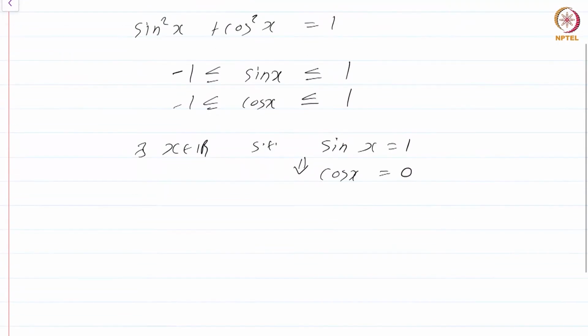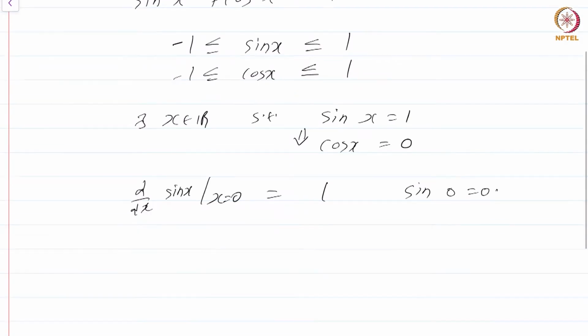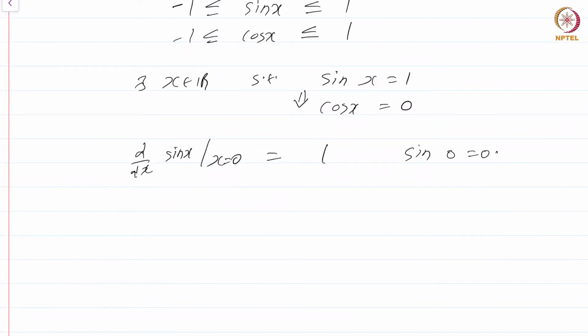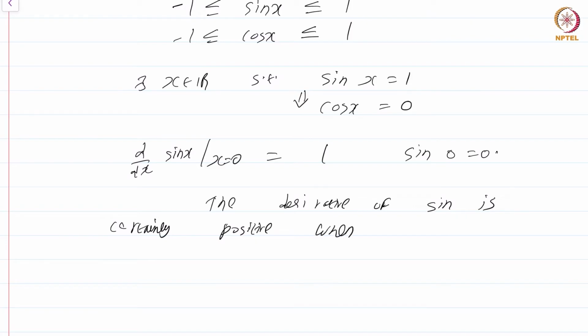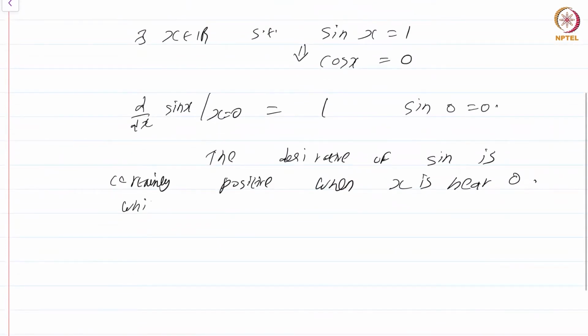Now, first of all, observe that the derivative of sine x at x equal to 0 is equal to 1, and we also know that sine 0 is 0. Because the derivative at 0 is 1 and the derivative of sine is cos x, which is a continuous function, the derivative is positive when x is near 0, which means sine is increasing